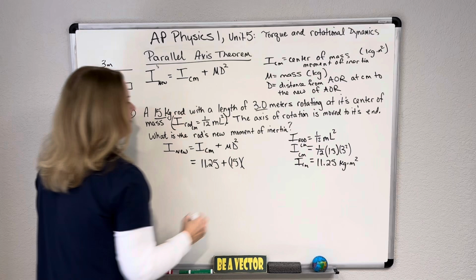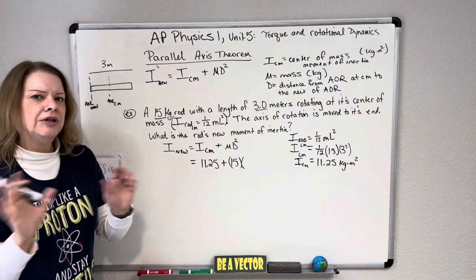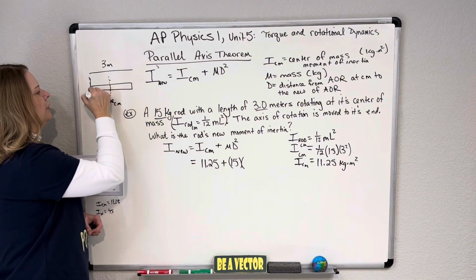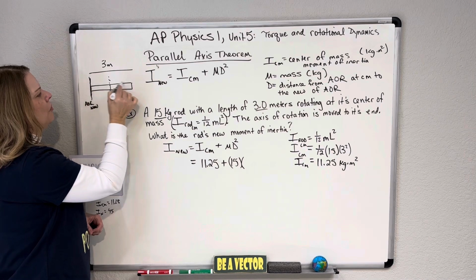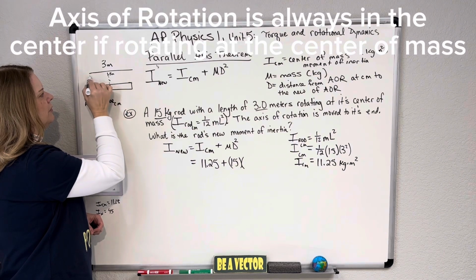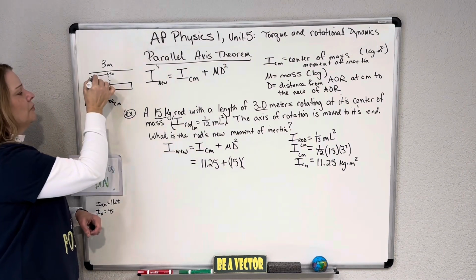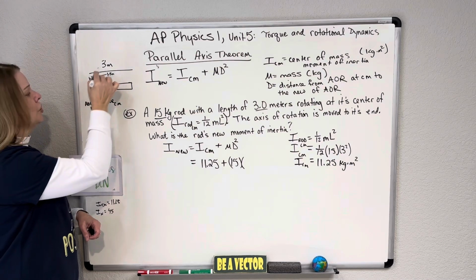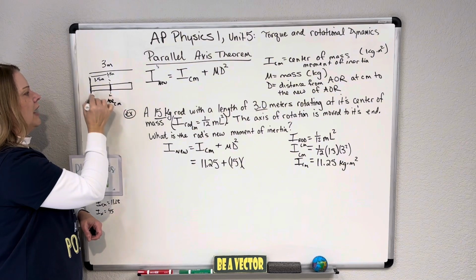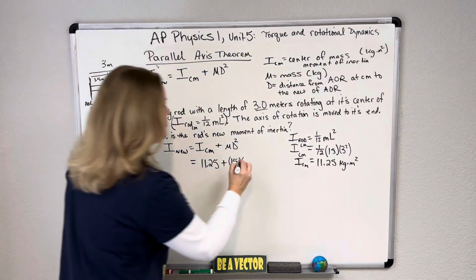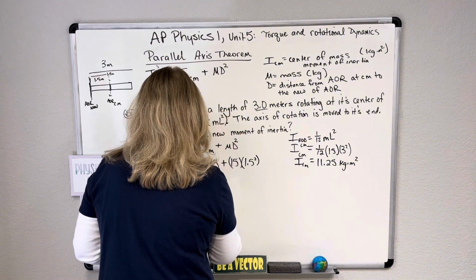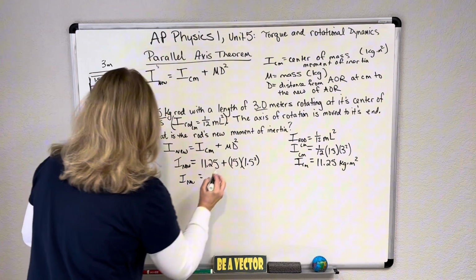Now I got to deal with this D. Remember, D is not the length of the rod. I'm not putting in 3 squared here. It's the distance from where the axis of rotation at center of mass is to the new axis. So if this whole thing is 3, the center of mass axis is always in the center, so that's at 1.5 meters from this left end. So that's the distance from the new axis of rotation to where the center of mass was. It's 1.5 meters because center of mass is always in the center and then the axis of rotation is on the end, so it's 1.5 squared, and you're going to get the new moment of inertia is 45